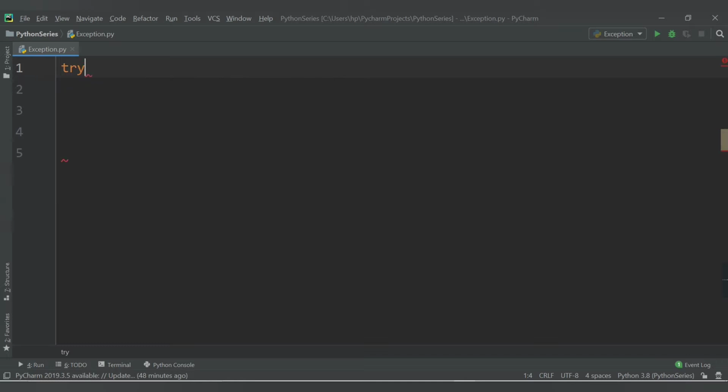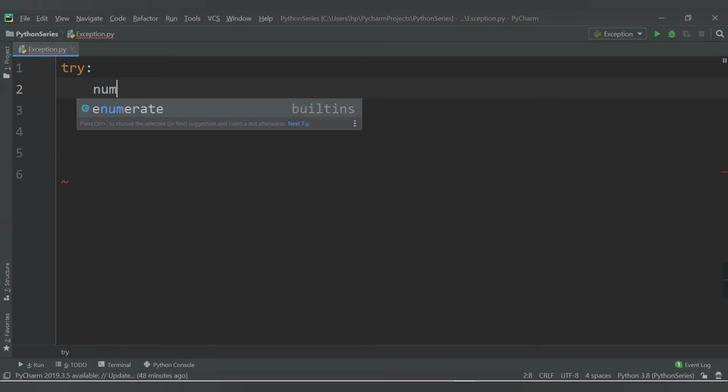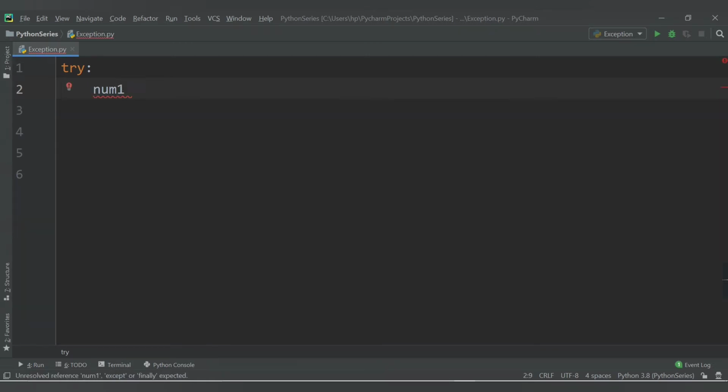First we will declare a try block. The try block will cover the statements which can generate an exception. In the same way as in the last video, we have created two variables which will accept numbers, and then we will perform the operation of division on those numbers. So let's first declare the num1 variable which will accept integer values, input, enter first number,